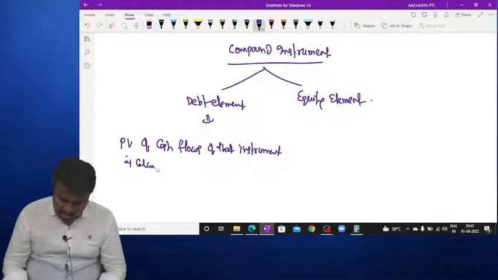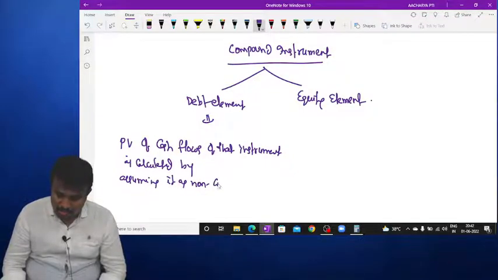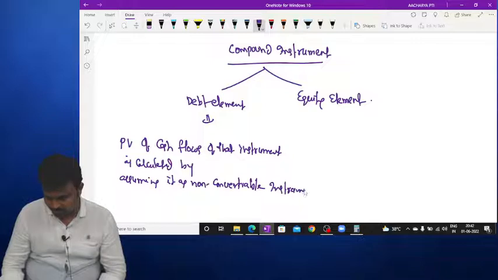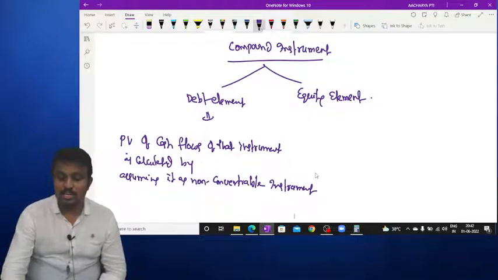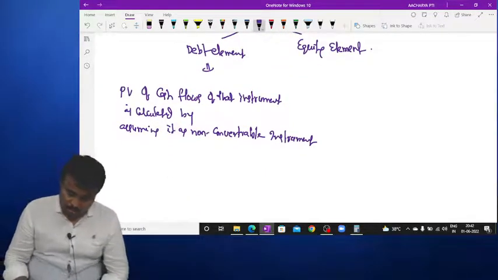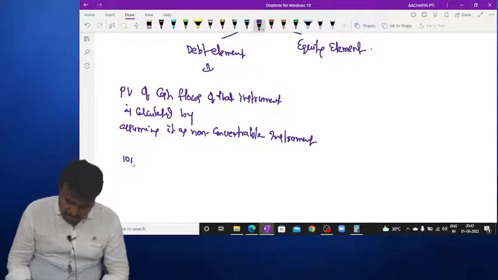It is calculated by assuming it as a non-convertible instrument. Non-convertible instrument. So for example, 10,000